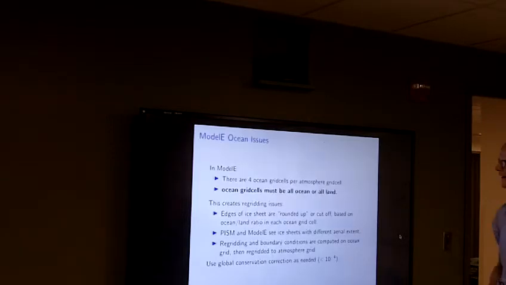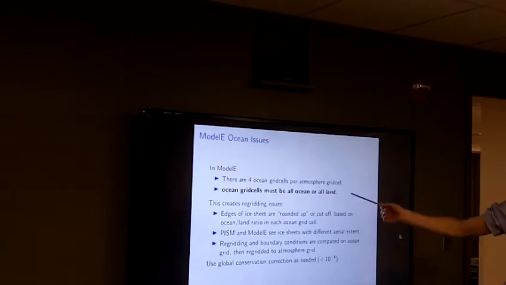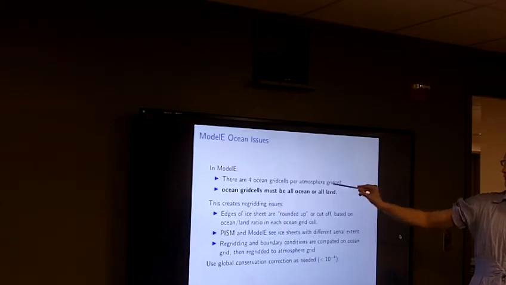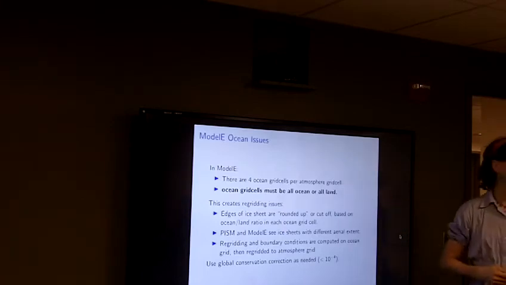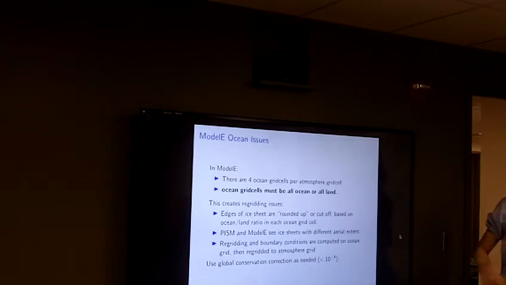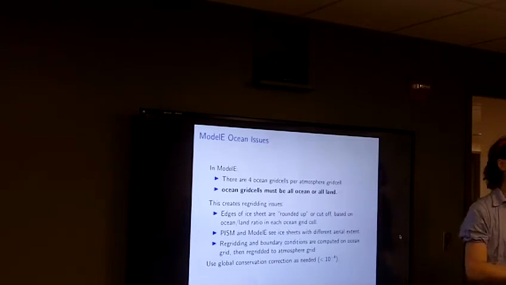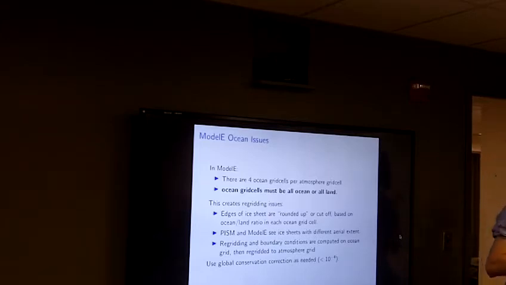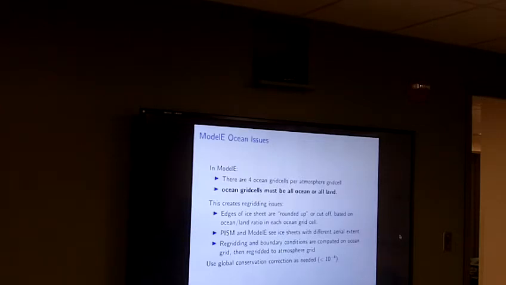So the next thing, this is another non-conservative thing. The Model E ocean, okay. So this is background information. In Model E there are 4 ocean grid cells per atmospheric grid cell. And every ocean grid cell must be all ocean or all land. And so what this means, the edge of our ice sheet, I need an eraser and a pen. Yeah. So the edge of our ice sheet then,